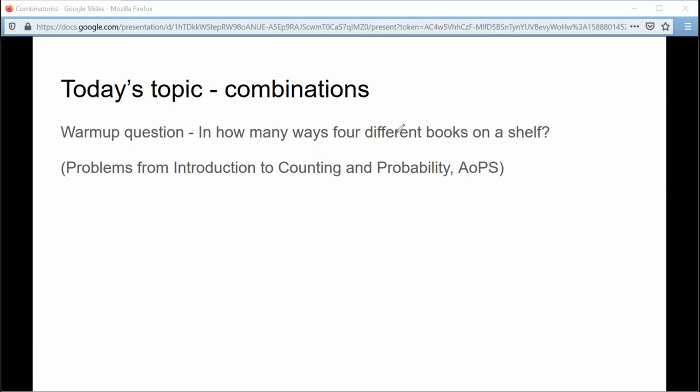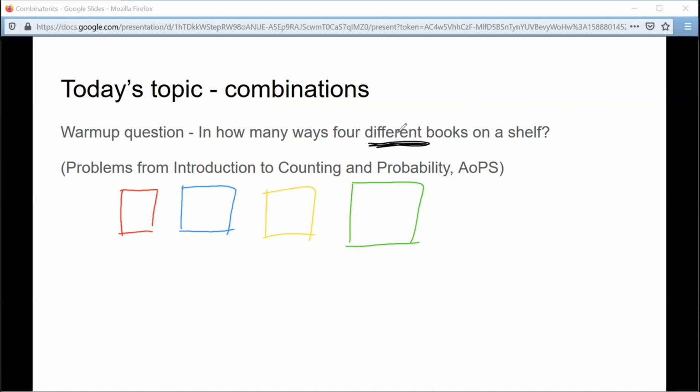So let's call our 4 different books our red book, our blue book, our yellow book, and our green book. So we have 4 different books, and make sure that you read the word different, because to denote that they actually are different, I drew them different colors. You don't want to accidentally assume that they're 4 of the same book,